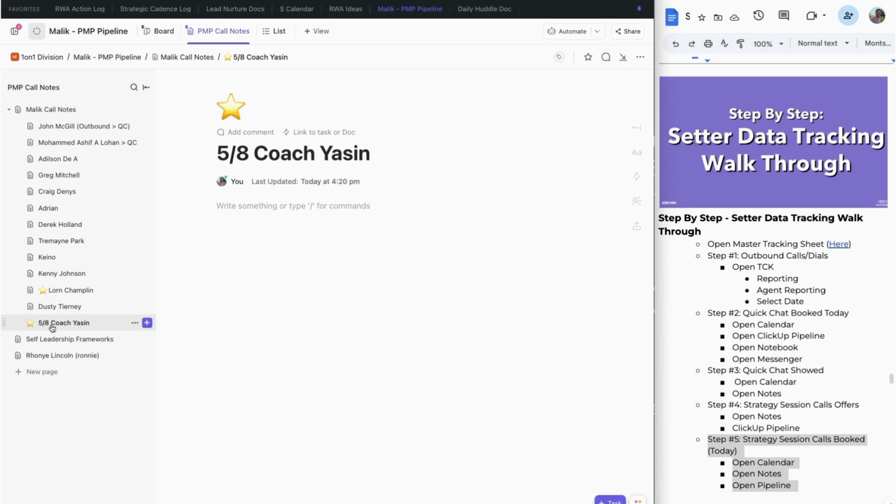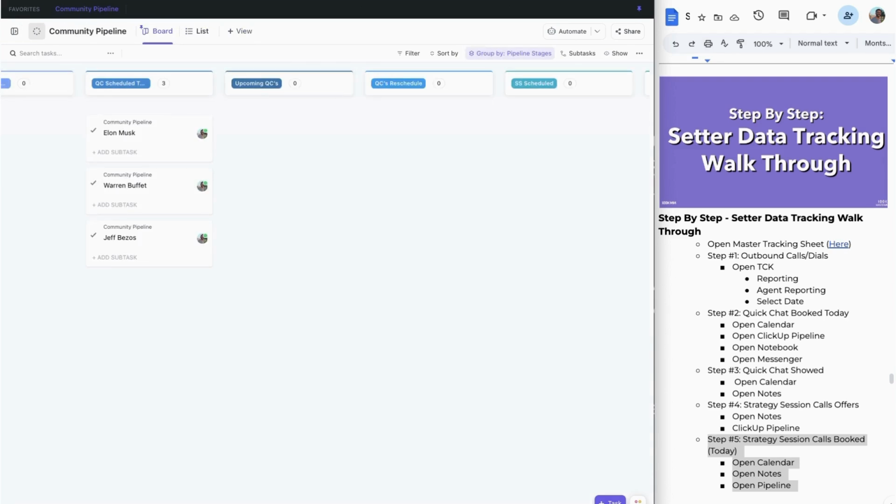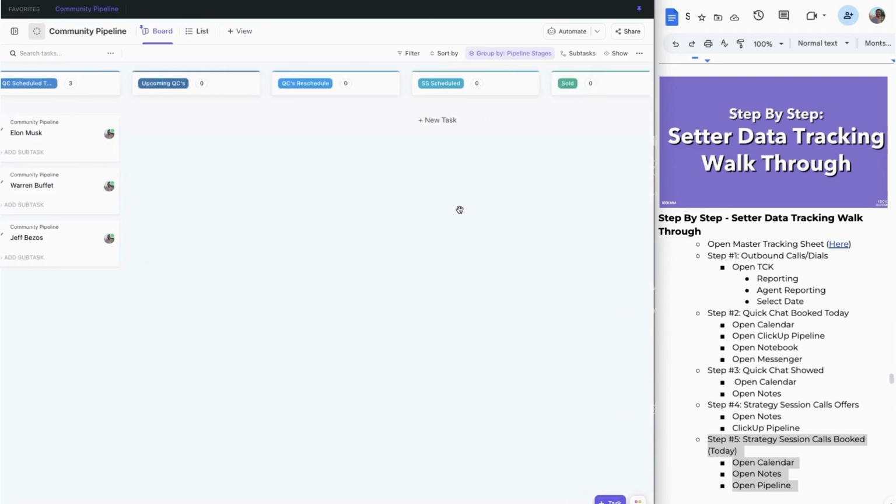The reason I like notes is because on 5/8, I had the quick chat, so I can track when I had the quick chat. I can also track that on 5/8 is when I went ahead and scheduled the strategy session. All right. So that makes it very easy. Calendar will be easier. You can also do it inside of your pipeline, where you could put right here, SS